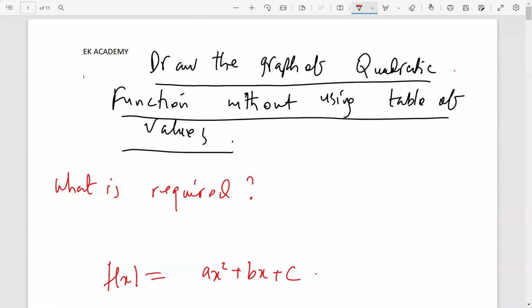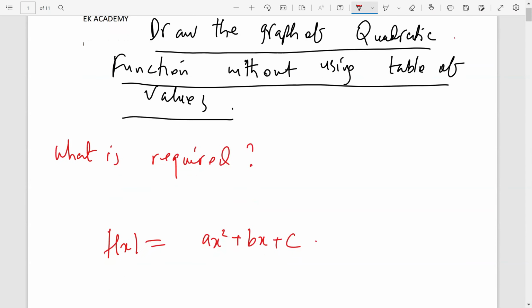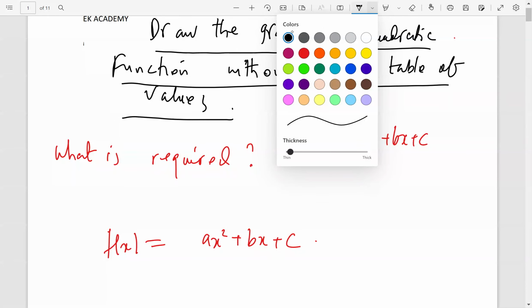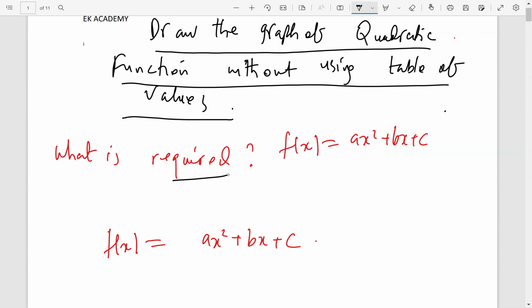Hi students, we are going to continue now with how we can draw the graph of a quadratic function, specifically without using a table of values. So for a quadratic function like this one here, f of x equals ax squared plus bx plus c, what is required so that we are going to be able to draw